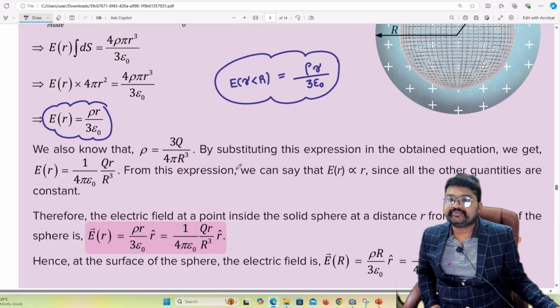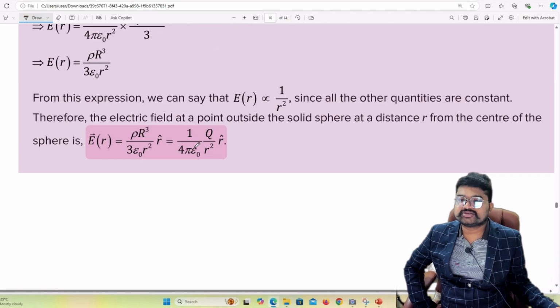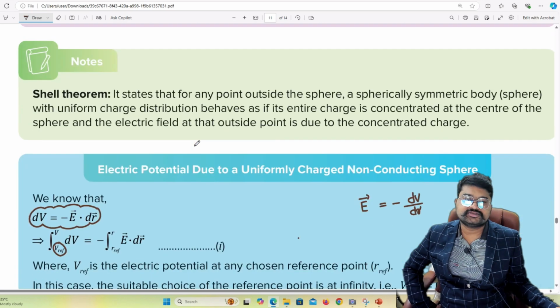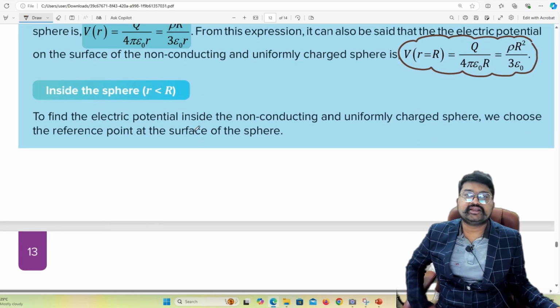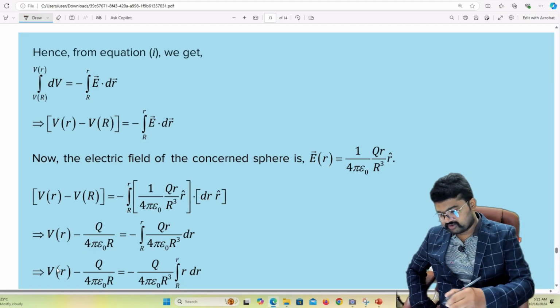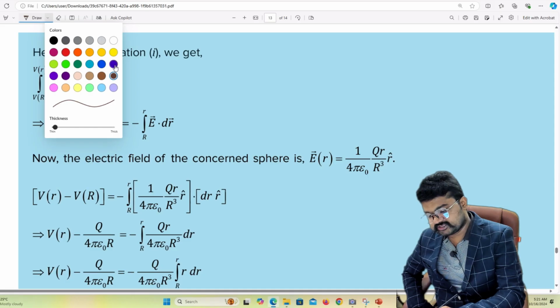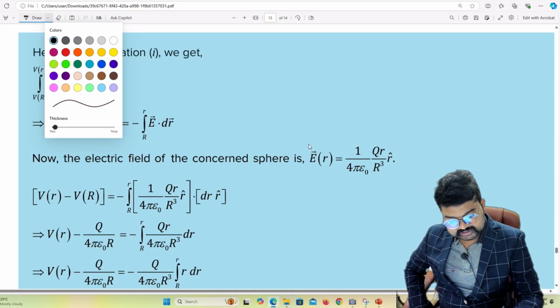Are you getting the same? See this, from here to here, r greater than R, outside also completed. What is this? We already did this part. So now r less than R, we just derived it. Have a look at this part. From capital R to small r we are interested. What is E for r less than R? This is V of r less than R. This part is nothing but